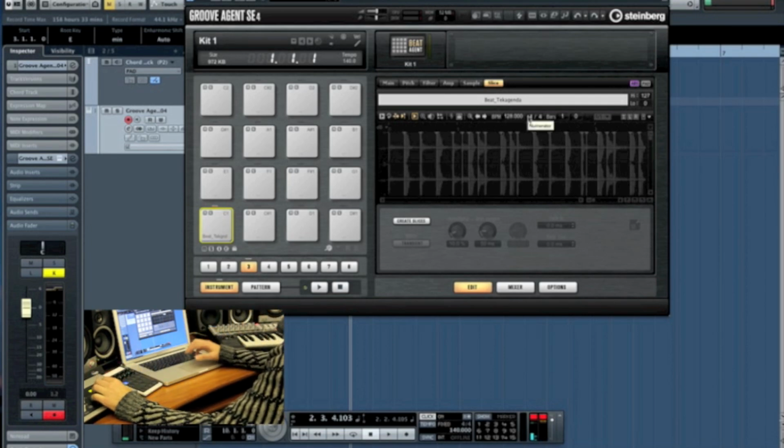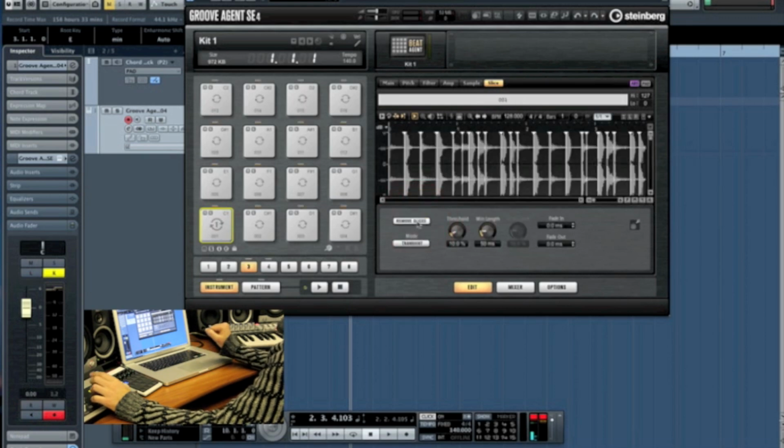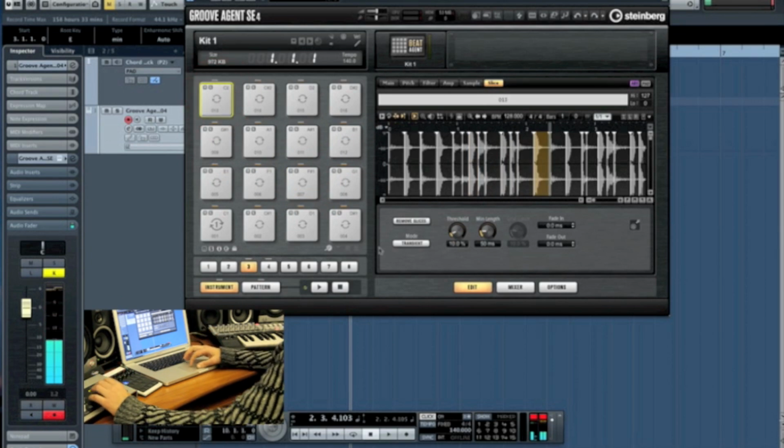But the point of this exercise is to show you how easy it is to actually slice up different samples using Groove Agent SE4. So as soon as we change from our sample to our slice window, you can see the window goes dark and we've got these hit points. So the first thing we need to do is select Create Slices, and instantly you can see we can actually use our cursor to scroll through these different slices. So it straight away sliced the track up,